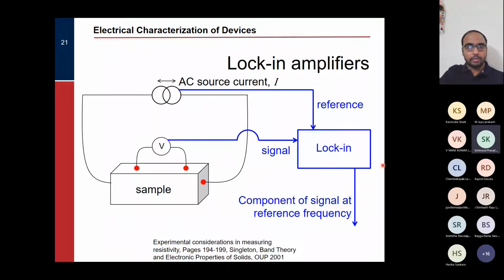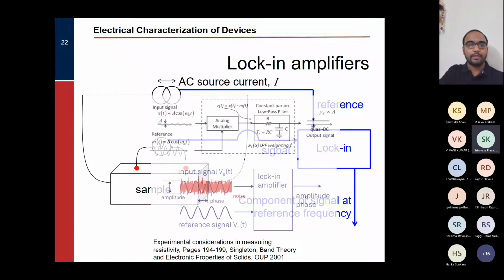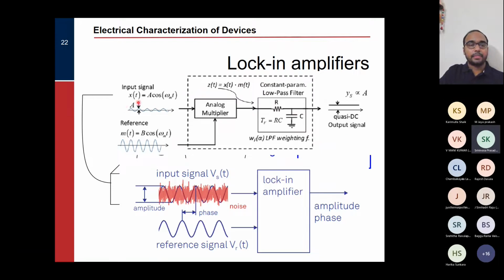So here is actually one small cartoon. Suppose this is the input signal, x(t) is a sine or cosine omega t, and there is a reference signal at the same frequency, that is b cosine omega t. Now what the lock-in will do is, let's say I make a product of these two. Let's say these two frequencies are different, then I'll get a sum and a difference of these two frequencies. Now, if they're at the same frequency, then